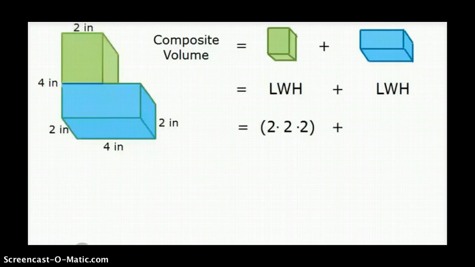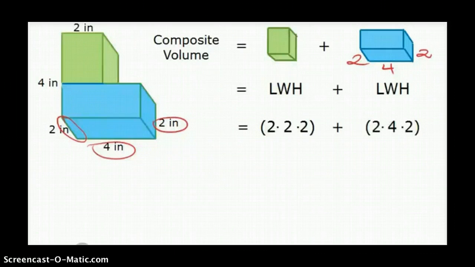Next, I need to determine the length, the width, and the height of this blue figure. And I see right here that the longest side is 4 inches. I see that this little height is 2 inches, and I can also identify that the other side length is 2 inches. So now I'm ready to substitute in 2 and 4 and 2 for my length and my width